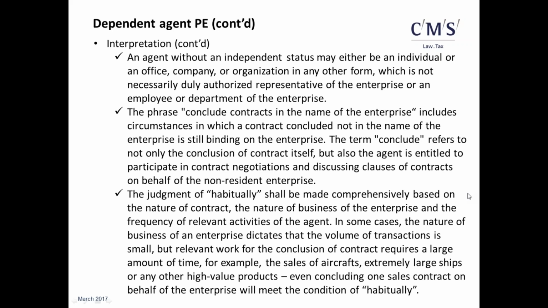The judgment of this "habitually" should be made comprehensively based on the nature of the contract, the nature of business of the enterprise, and the frequency of the relevant activities of the agent. Let's have an example here. This example is also described in this slide. For example, this agent helps conclude a contract on behalf of the foreign enterprise only for the sales of aircrafts, because the aircrafts have a very high value, and maybe this agent only helps the foreign enterprise sign one sales contract